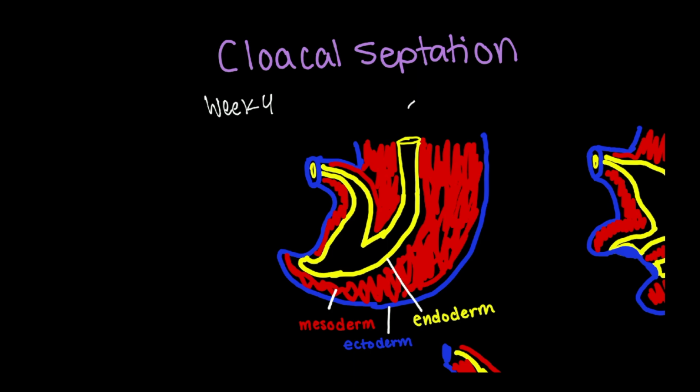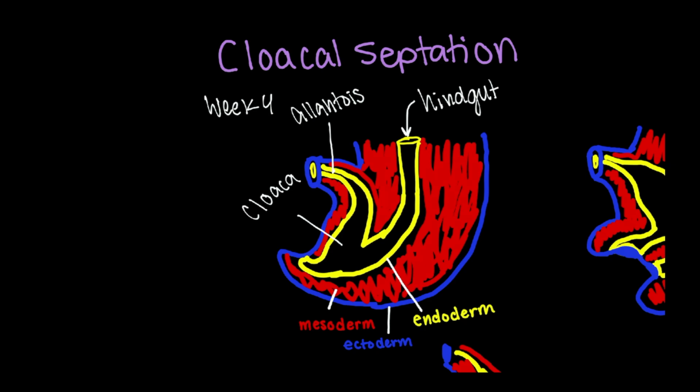We're going to be focusing in on this tube. This is the gut tube, specifically the hindgut. And the terminal portion of the hindgut is going to end in a small cavity, and this small cavity is called the cloaca. We can see this channel here is called the allantois, and this is entering into the ventral part of the